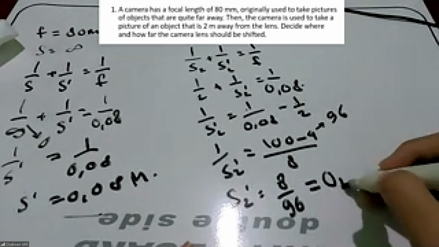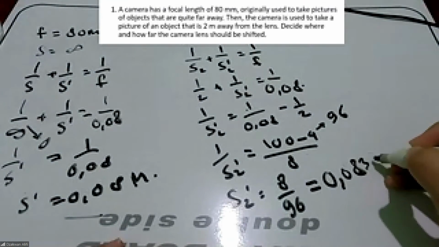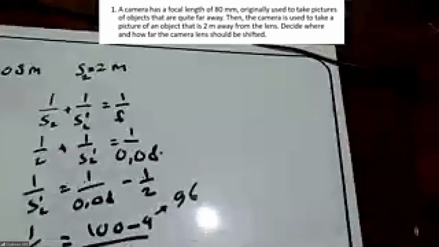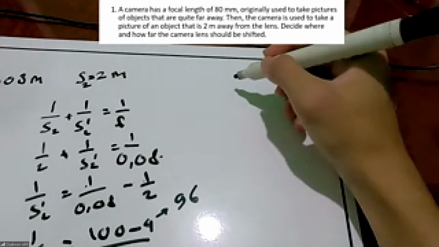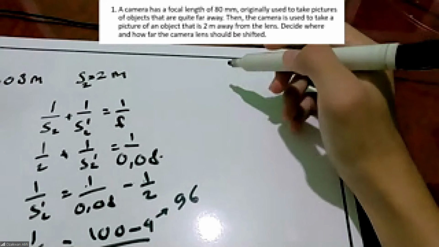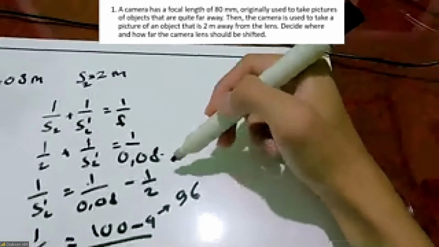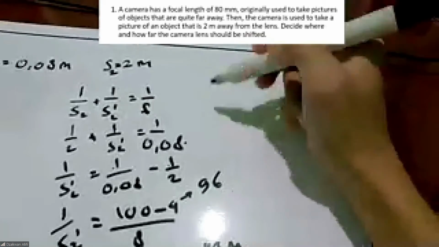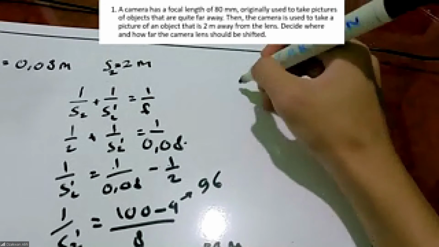Of course, this equals 0.08083 meters. We have known that the focus is 0.08 and the s2 accent is 0.083. So, the shifting of the camera is followed as